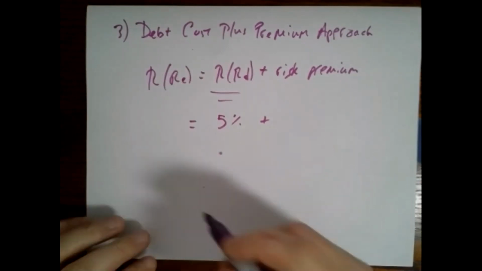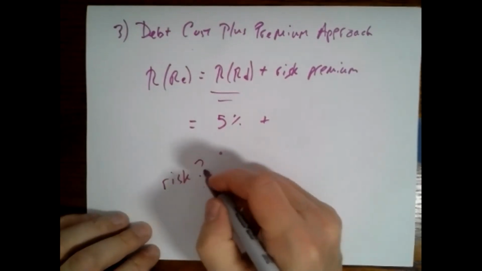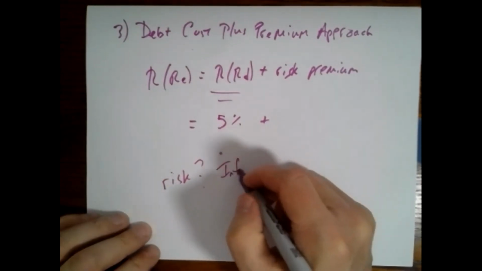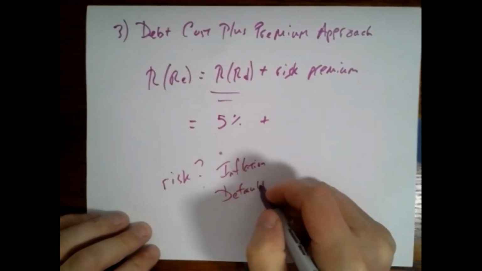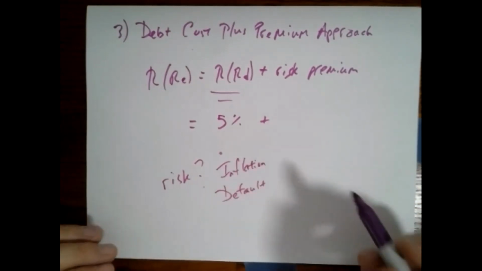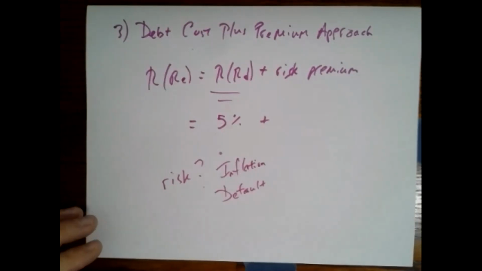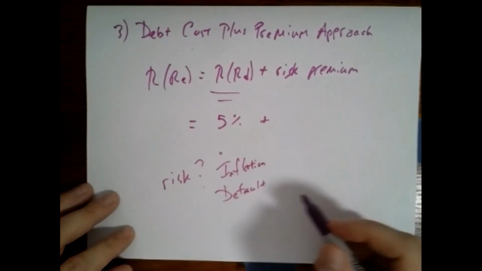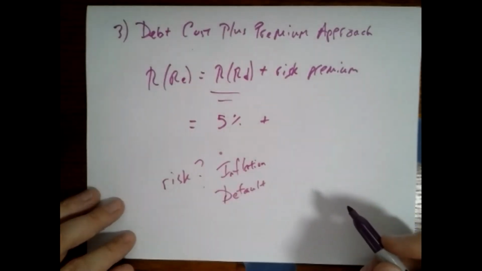It incorporates, right? These are things we already talked about. It's like, what risks are involved in holding debt? Well, inflation, right? Default. So that's a good measure of inflation, as I talked with a number of you about, is something that applies across the whole market, whereas default is specific to the individual company,